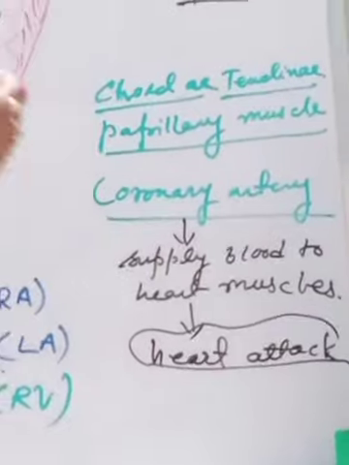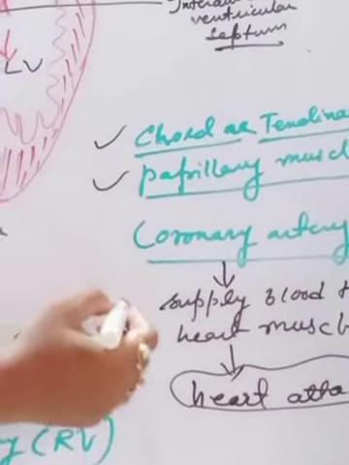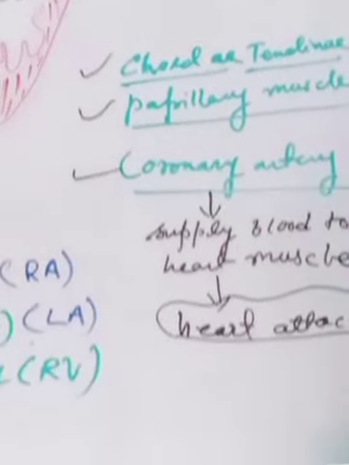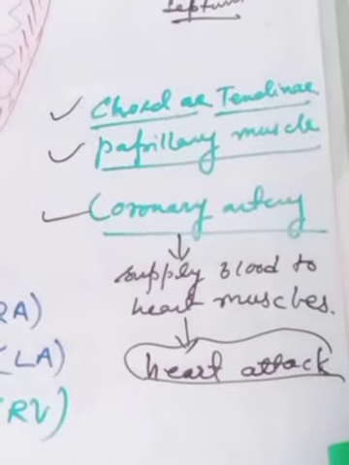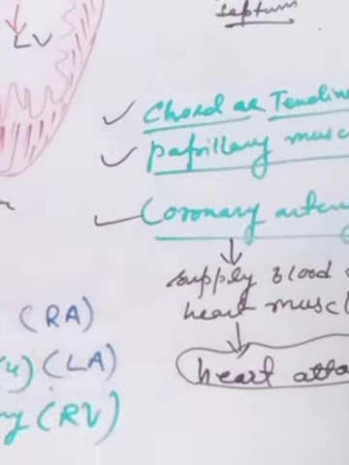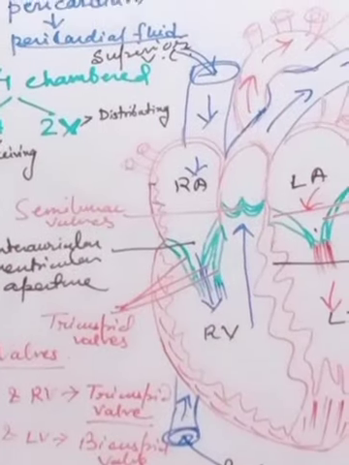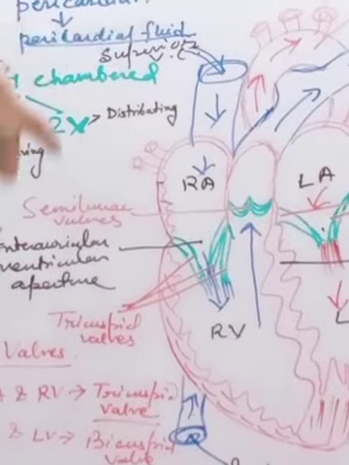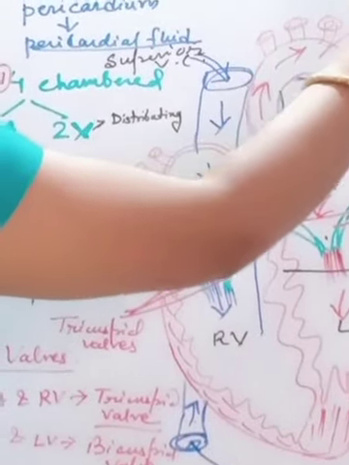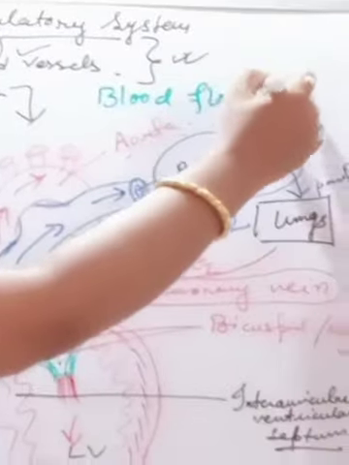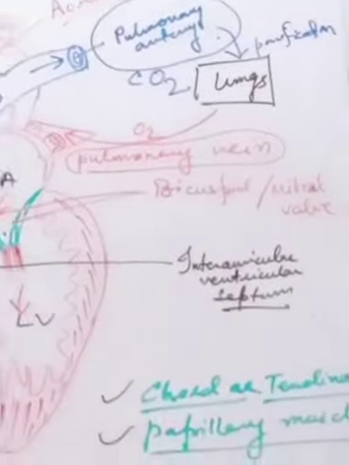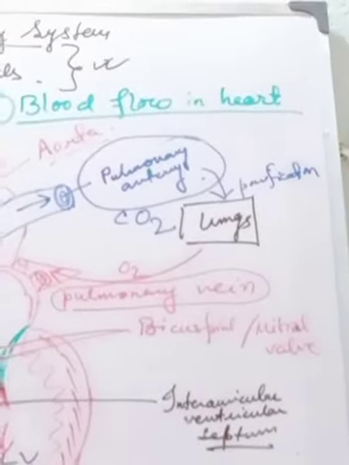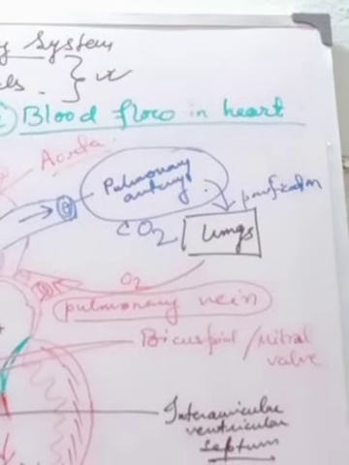So here the important things you have to remember are chordae tendineae, papillary muscles, and coronary artery, and if there is any problem in this supply, it will cause a heart attack. Clear? Then I would like to explain the blood flow. One I have explained, that is the structure of the heart, and second I want to explain a little bit with the help of this diagram, blood flow in the heart. I already explained it, but I still want you to have a greater idea of it. These two topics I mainly covered today. Blood flow in the heart, how the blood flow occurs in this heart.